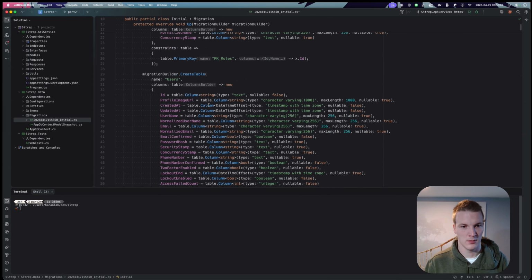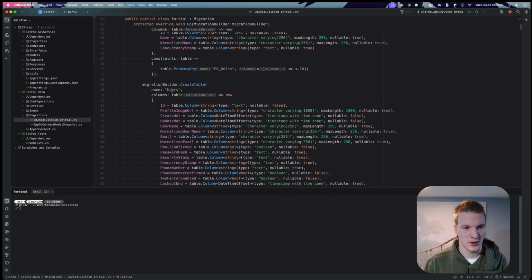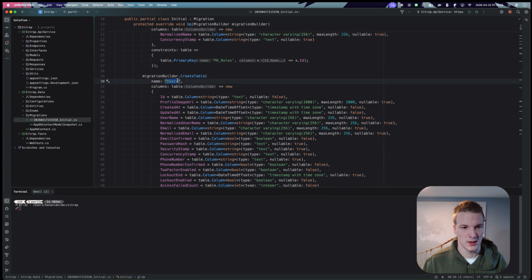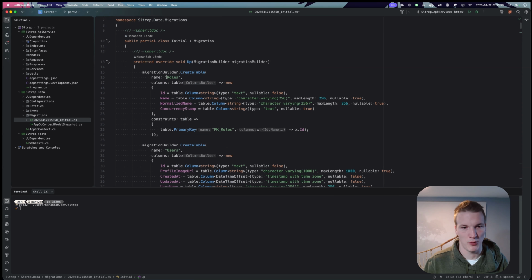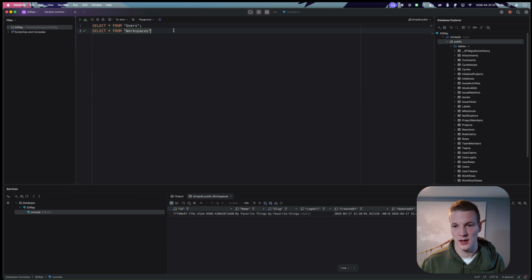Basically, the migration was created, and you can see here that it has created the migration script, and here's the ASP.NET identity tables, and because of our overrides, it has named them with our friendly names like the user table here and our role claims instead of AspNetRoles and AspNetUsers. So that's looking good. And then when I run the API, it properly applied that migration, and we can actually